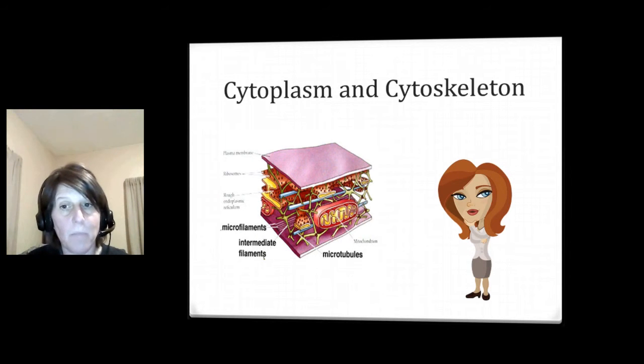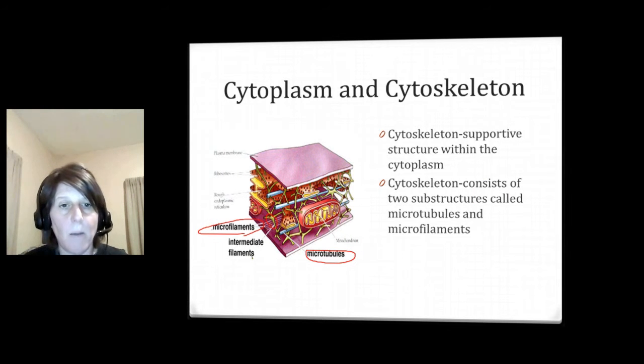The first area of our eukaryotic cell that we're going to talk about is cytoplasm and cytoskeleton. The cytoskeleton is the supportive structure within the cytoplasm. Scientists used to think that the cytoplasm was simply a fluid-like area that organelles just randomly floated around in, and that's not the case. Actually, you can see right here, mitochondria, endoplasmic reticulum, ribosomes, those organelles are actually attached or